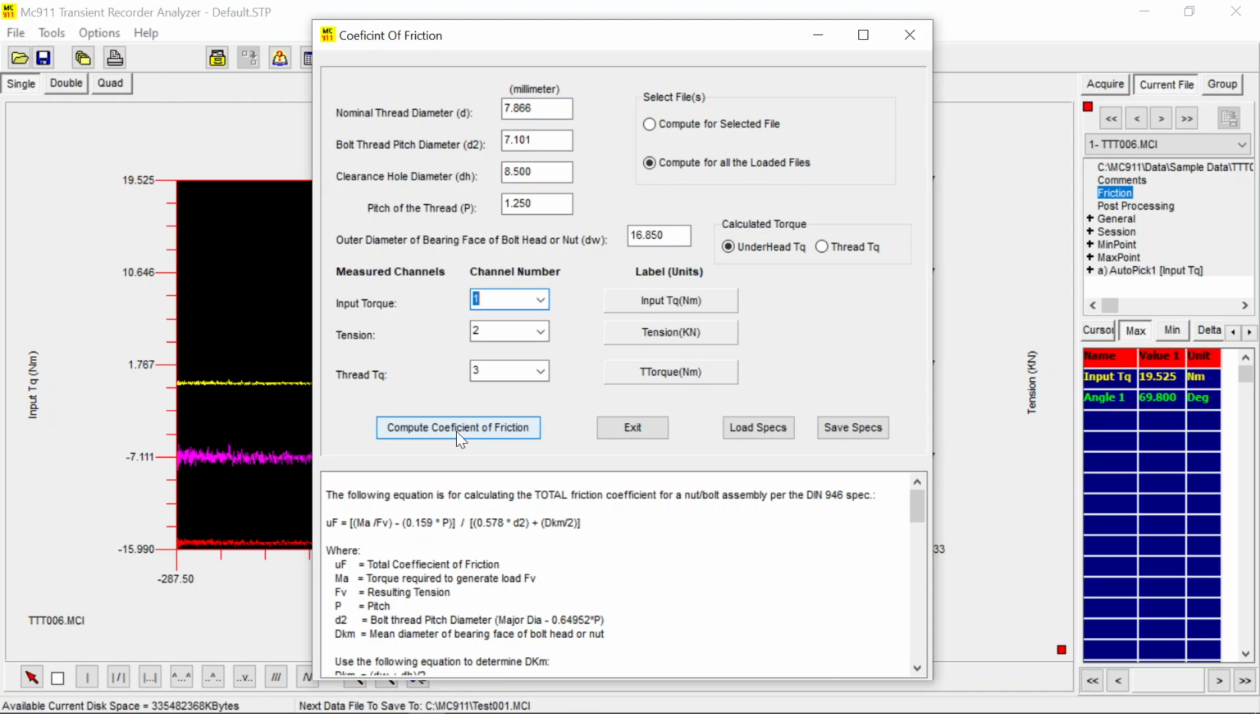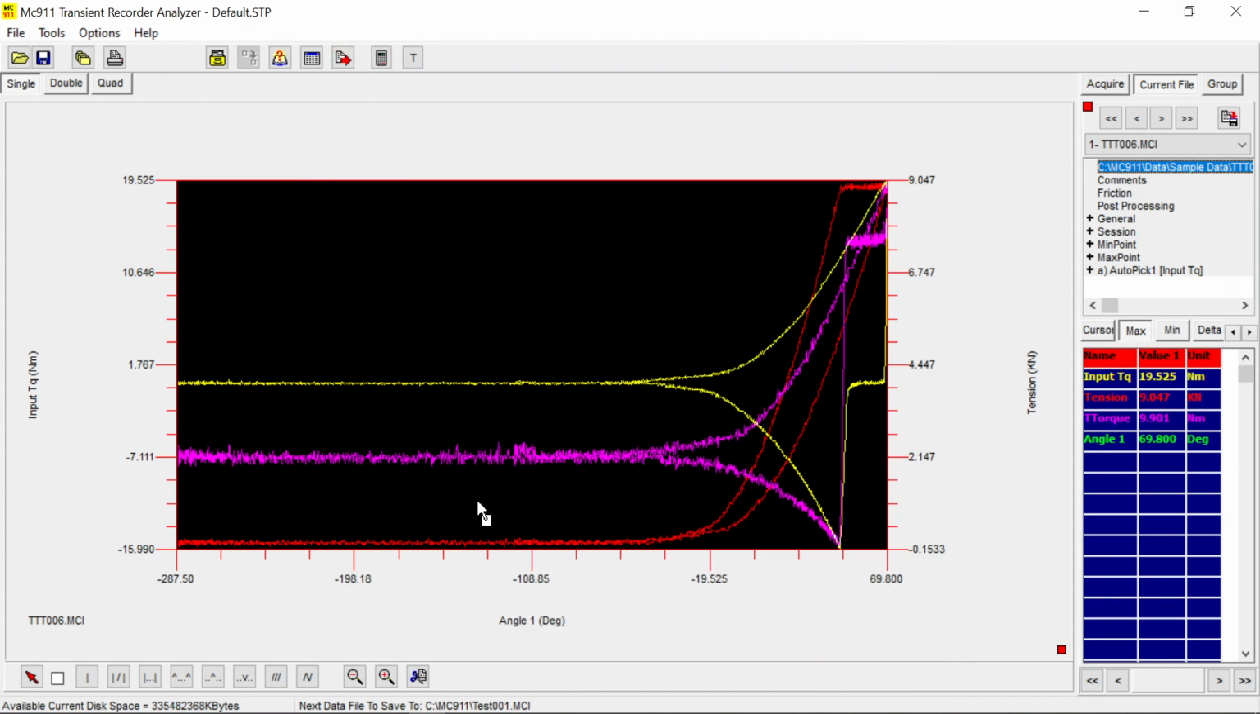To perform this, click on compute coefficient of friction. We're done. So if we exit it, all of these are calculated. You won't see anything at this point. You just exit it. So back to this